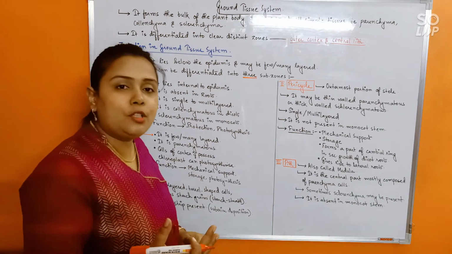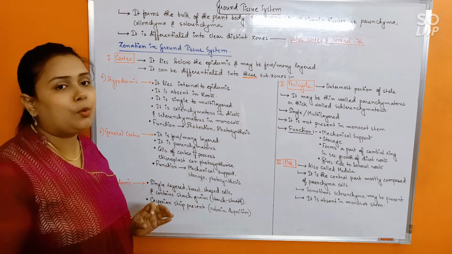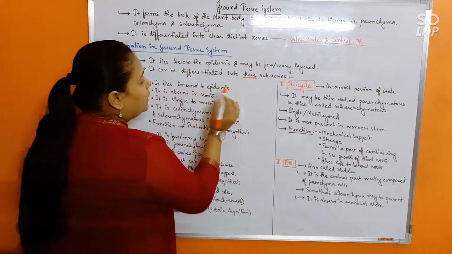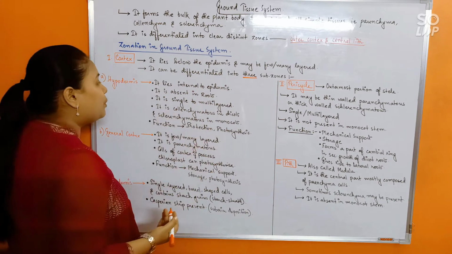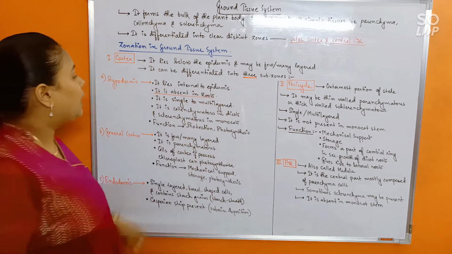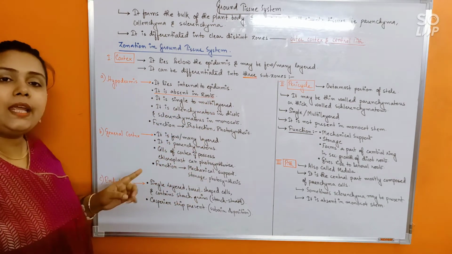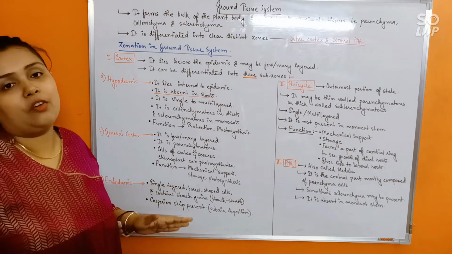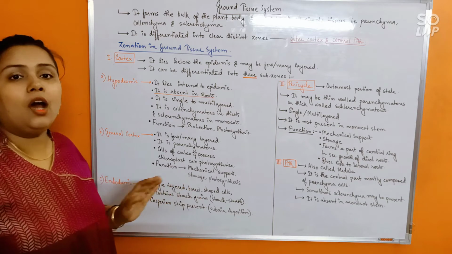Okay, so first starting with hypodermis. So the outermost layer is epidermis, just internal to that remains the hypodermis. Okay, so see, it lies just internal to the epidermis. Now, a very important point is this: it is absent in roots. That means hypodermis is strictly found in the stem only. It is not found in the roots, be it dicot, be it monocot.